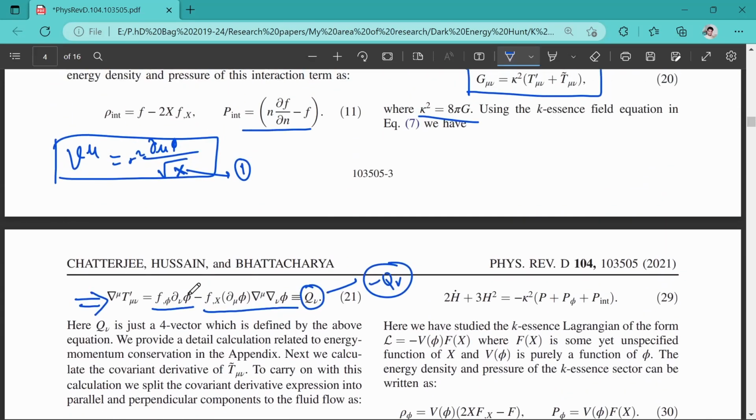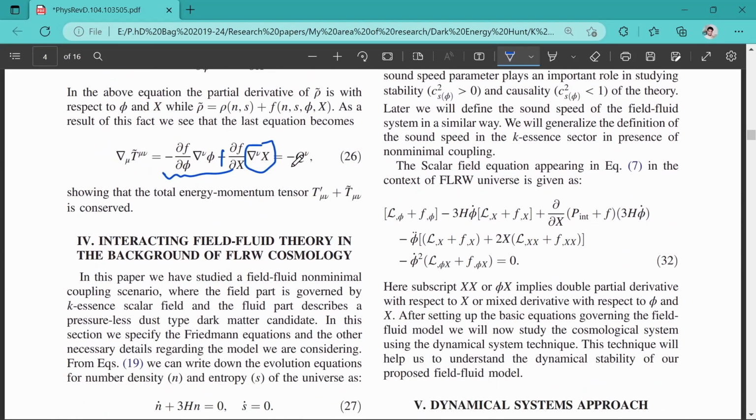So wherever we have got the Q_ν part here, it is exactly the same as minus Q_ν. Therefore, in some sense, we can say that our ∇_μ G^μν is following the Bianchi identities, and the right hand side is also conserved. So everything is perfect, and this Q_ν term is basically giving you some extra terms, and this extra term is acting like an extra force, because you have the interaction, and this interaction is imposing a force. Because of this non-trivial issue, this is the term which is responsible for the exchange of energy between the field and fluid.